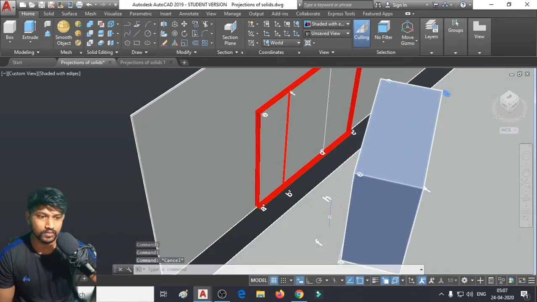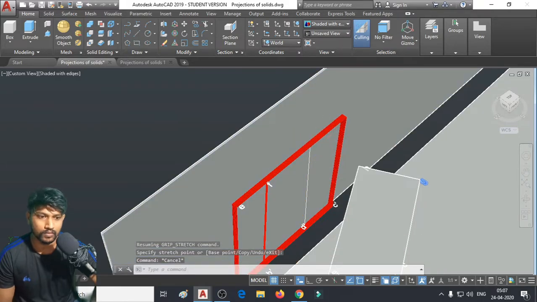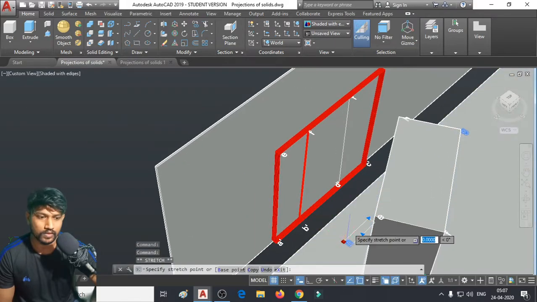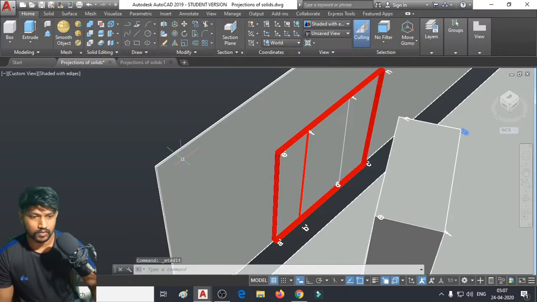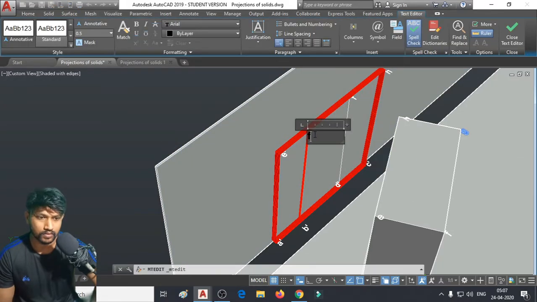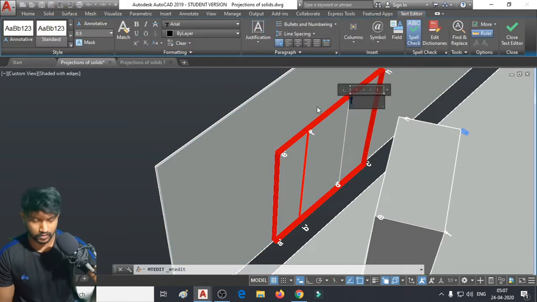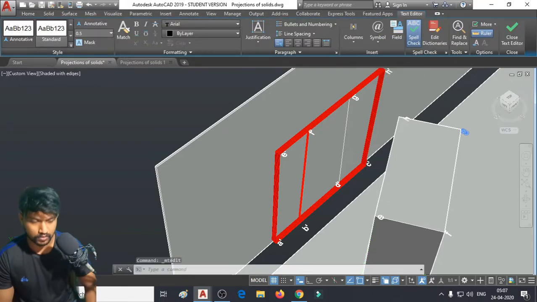Where is he? We will just edit them. E dash, F dash, G dash and H dash.